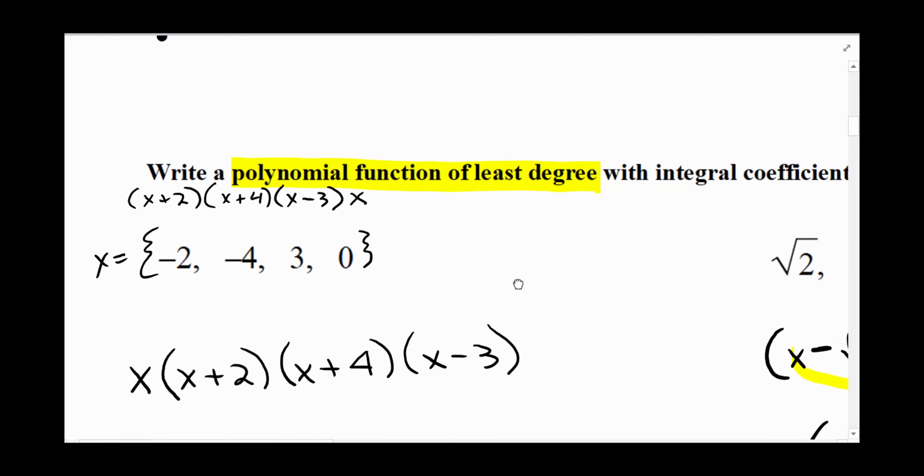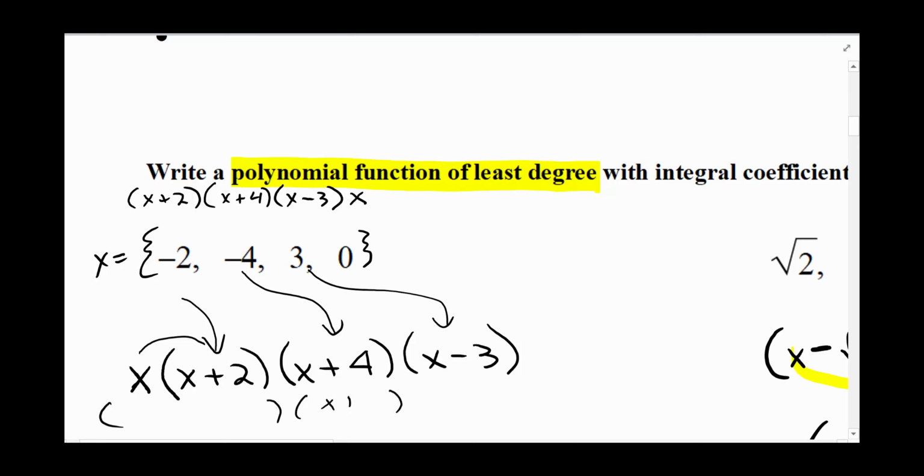So let's go ahead. So here we have it. I put the x on the outside. Anytime x is equal to 0, that just means there was an x on the outside of parentheses. And we're just going to multiply. I'm going to probably multiply these two first, and that's going to give me another binomial. Then I'll multiply that binomial times this one, which will give me a trinomial or so, and then we'll multiply